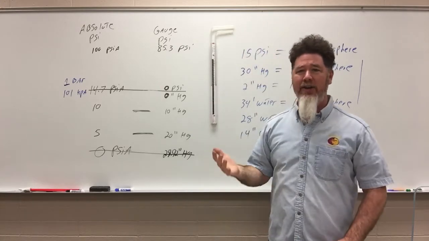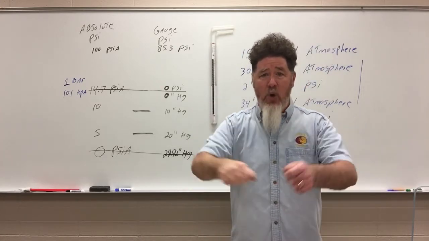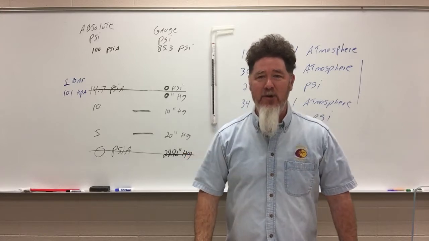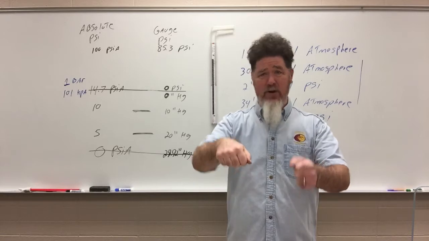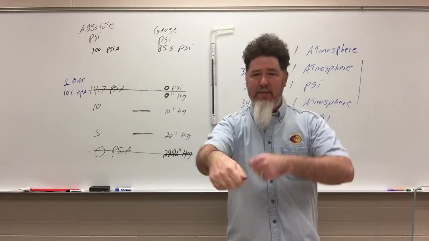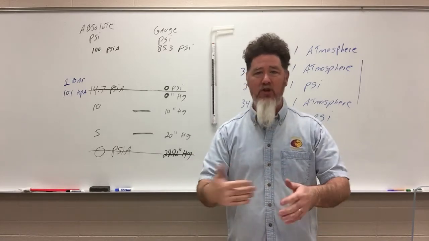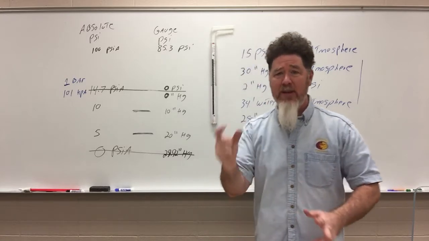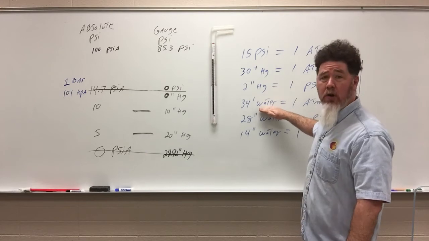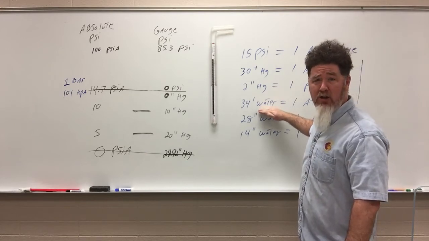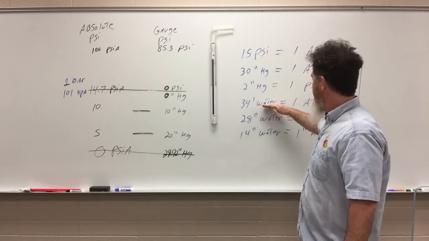It's like trying to take a tape measure to measure the bore of your cylinder. It's going to give you an idea, hey, is this a 3.5 inch bore or a 4 inch bore? But it's not going to tell you how round it is. You need a dial bore gauge or an inside mic, something more precise, in order to make fine measurements. So we tend to use inches of water as a measurement when we start getting into the evaporative emission system on a car.